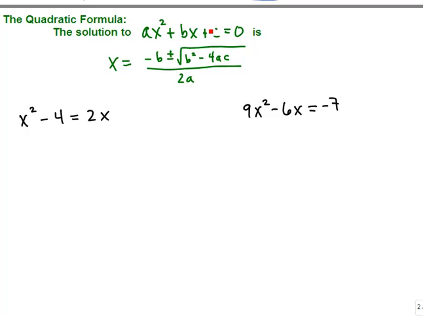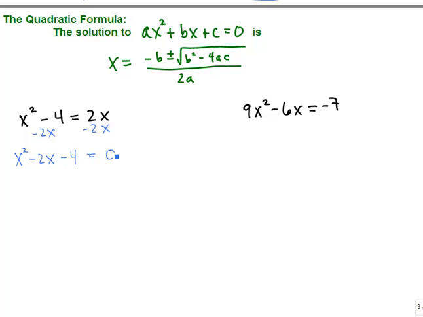So let's try one of these out and you'll see how it works. When you're first given your quadratic equation, you have to set it equal to 0 before you use the quadratic formula so you can identify what your coefficients a, b, and c should be. So in this problem, I'm going to need to subtract 2x over, and I want to put this in descending order. So that means put the squared term first, then the linear term, then the constant,